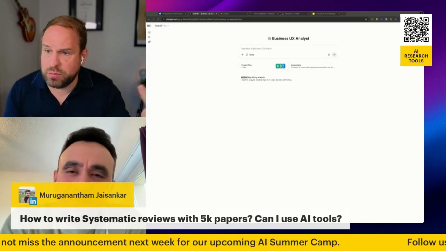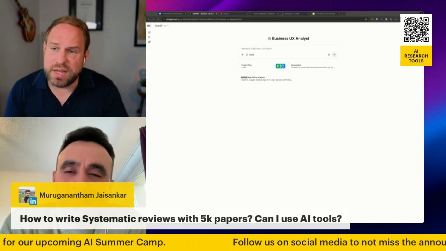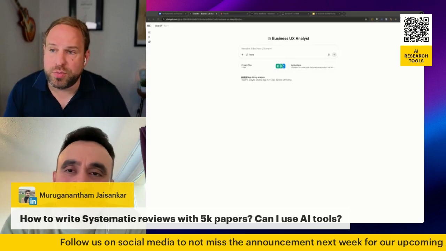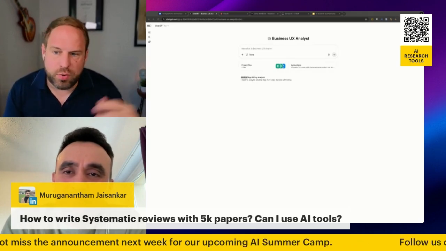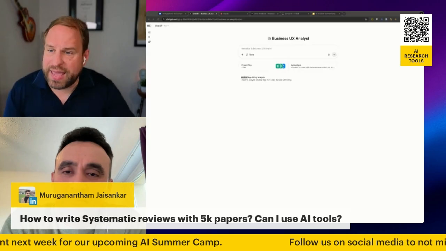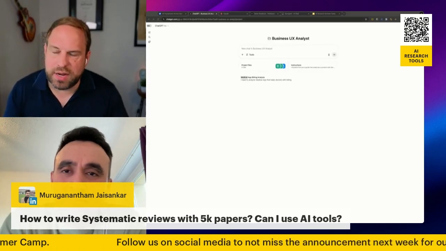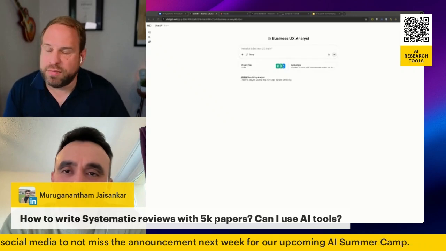But the idea is we work with a lot of librarians on this as well. Essentially, you want to have something that is humanly manageable as an output result from your literature query. If you're asking a question that's too broad, you're getting a lot of false positives in there, so a lot of papers that are actually not relevant. And even screening 5,000 papers is a lot of extra work, right?